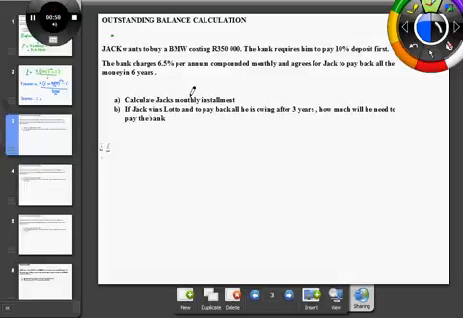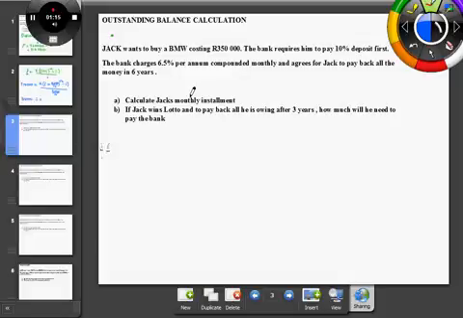Jack wants to buy a BMW costing 350,000 rand. The bank requires him to pay a 10% deposit first. The bank charges 6.5% per annum compounded monthly and agrees for Jack to pay back all the money in 6 years. So now, obviously,